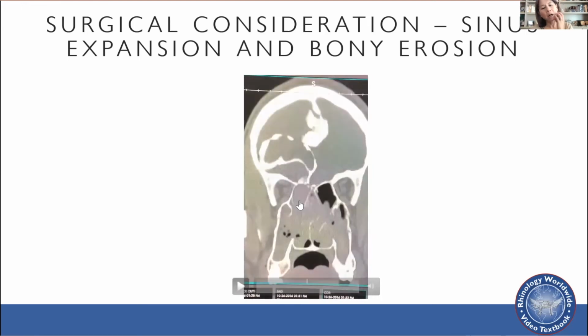So this is a common finding that we see in allergic fungal rhinosinusitis, and can be very intimidating at first. But I'll tell you that luckily, despite the fact that there's bony erosion, rarely do you have to worry about a CSF leak, although you always should be prepared for that. Even though the bone may have been thinned out and even eroded completely, you still have an intact dura and an intact mucosa layer. And so therefore the risk of a CSF leak is low,